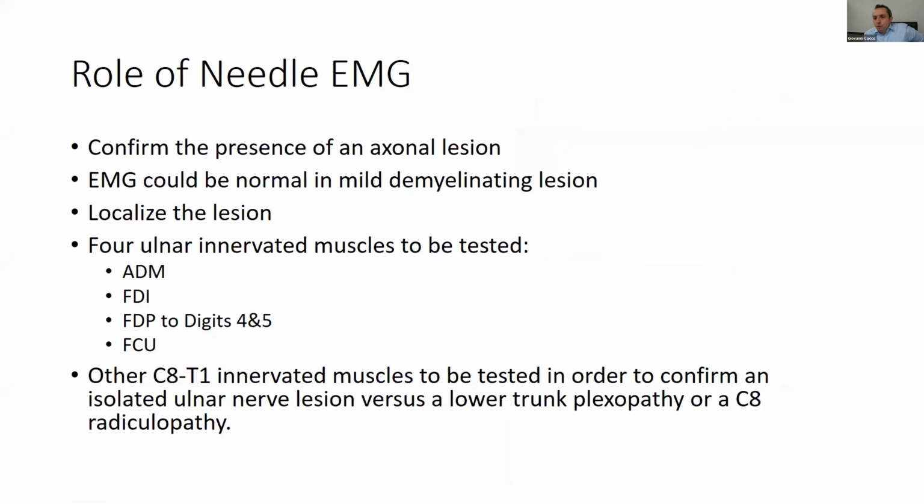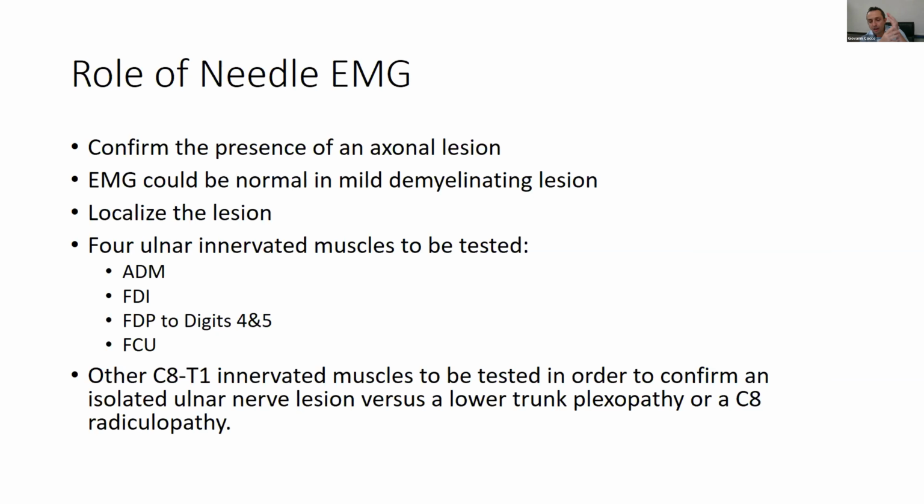So, and then we proceed to the needle EMG. What is the role of a needle EMG? So number one is to confirm the presence of an axonal lesion. We need to remember that EMG could be completely normal in a mild demyelinating lesion. It can help us to localize the lesion, because of course, if we find some pathological